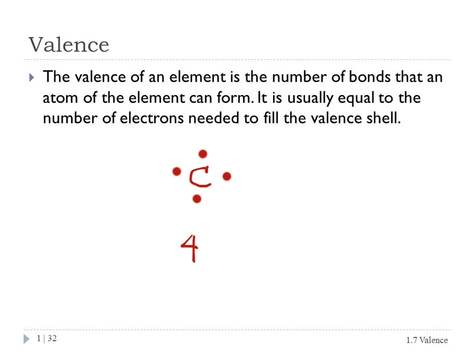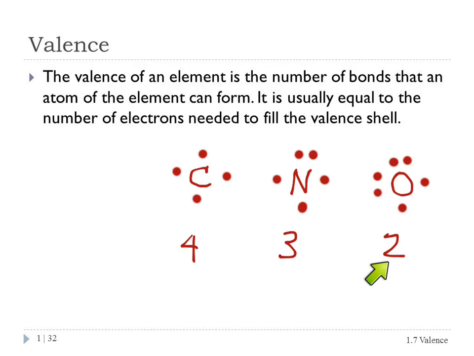Let's look at nitrogen. How many valence electrons does nitrogen have? 5. 1, 2, 3, 4, 5. How many bonds does nitrogen need to make to get 8? 3. So nitrogen has a valence of 3. Nitrogen usually forms 3 bonds. What about oxygen? How many valence electrons? 6. 1, 2, 3, 4, 5, 6. How many bonds does it need to make? 2. The number of bonds it needs to make, which is the valence, corresponds to the number of unpaired electrons